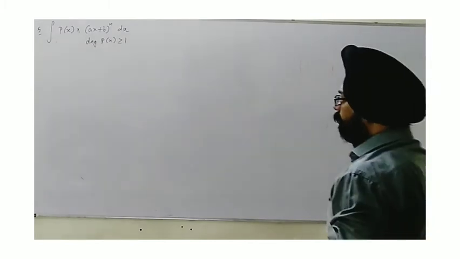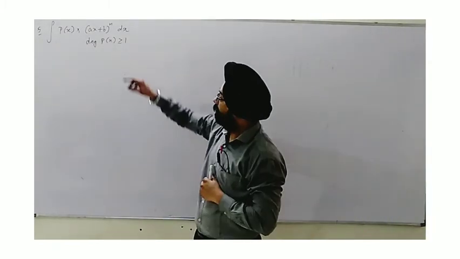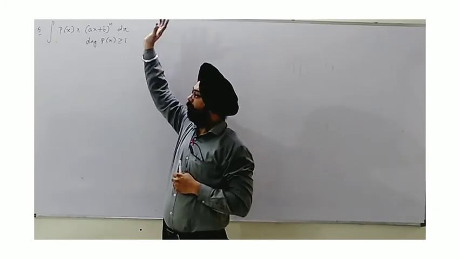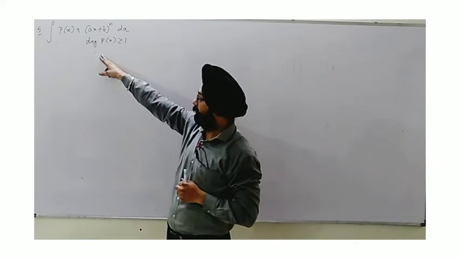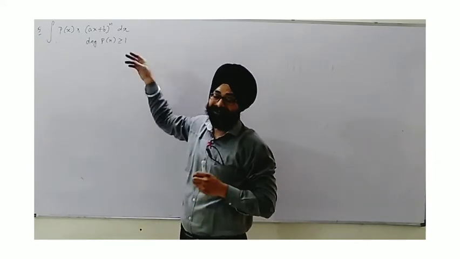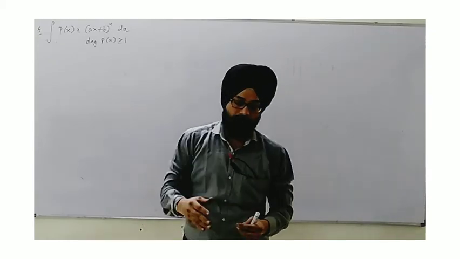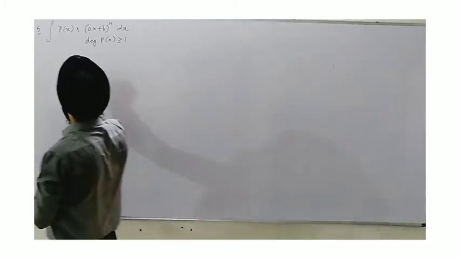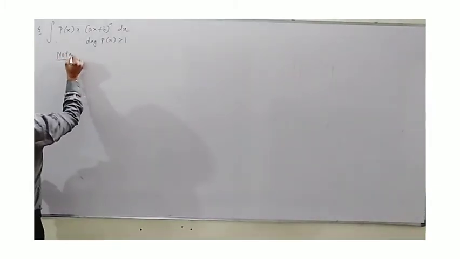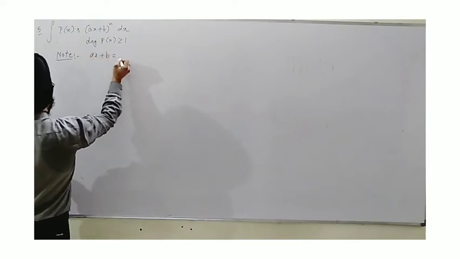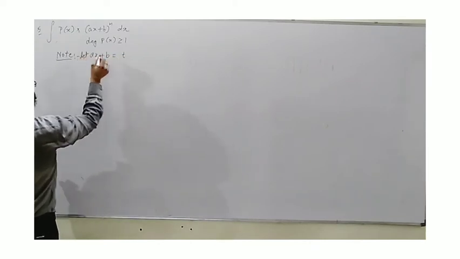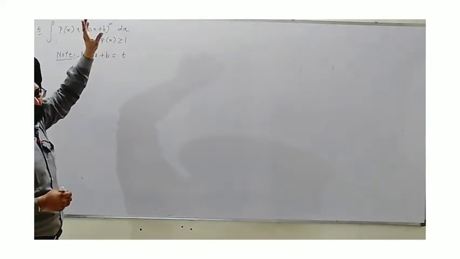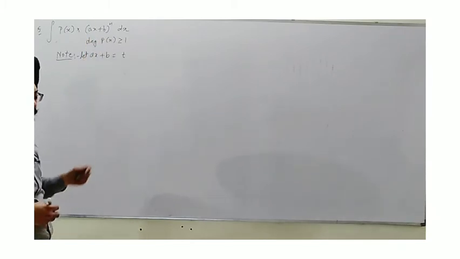The next pattern: here we have taken the product of p(x), a polynomial, and (ax plus b), a linear polynomial with power n. Whenever such a condition appears, the condition also is that the degree of p(x) must be greater than or equal to 1, meaning it should be a linear, quadratic, biquadratic, cubic polynomial, etc. So whenever such a case appears, the simple thing is we must consider ax plus b as t, so that this much can be converted into a single variable. Okay, now what is the effect? With an example we will see.